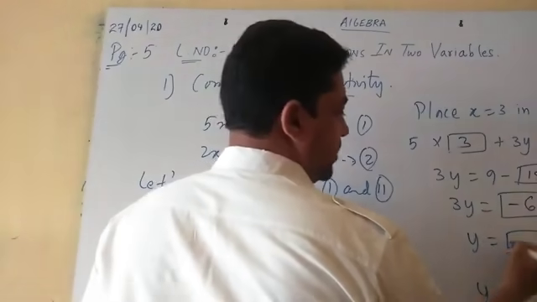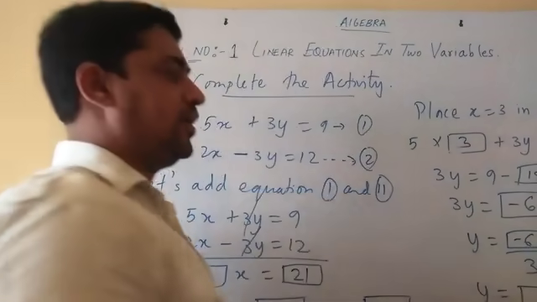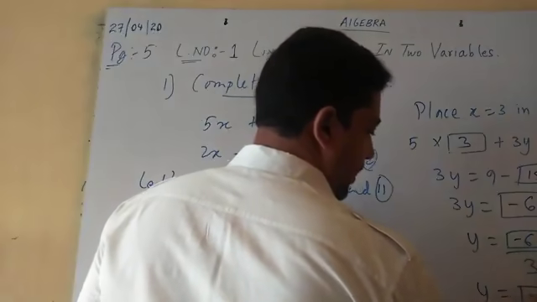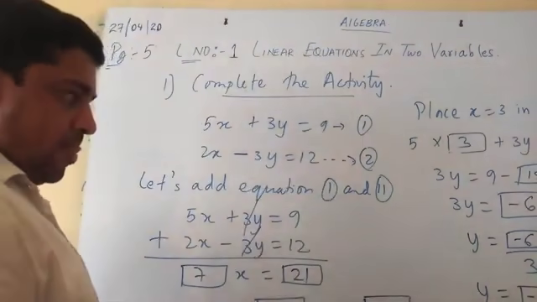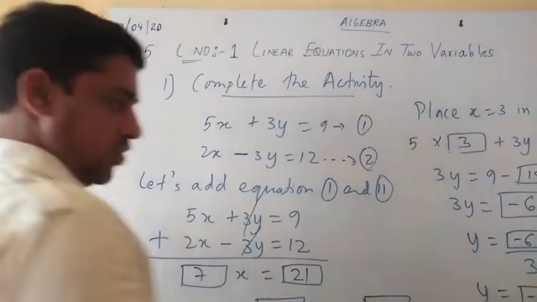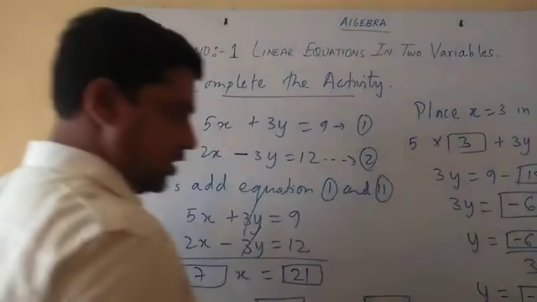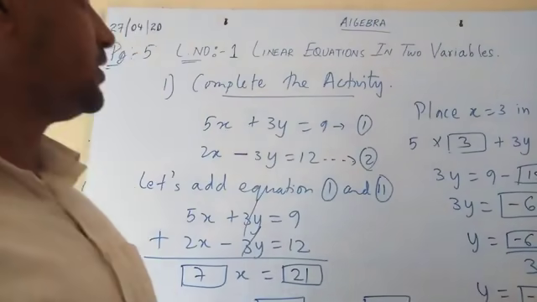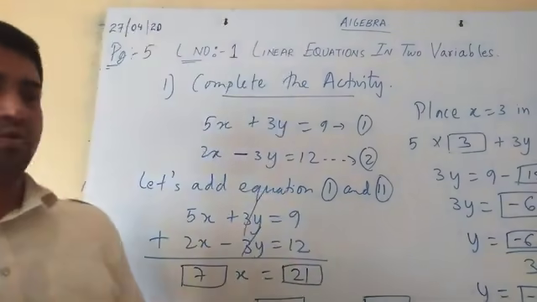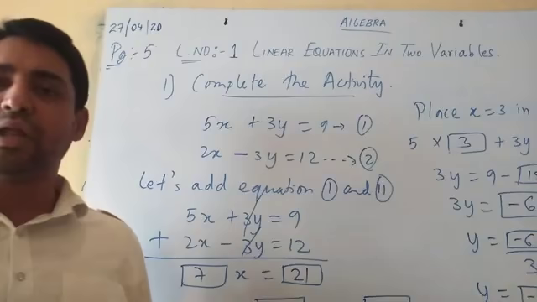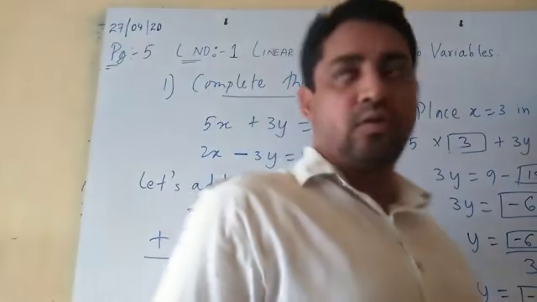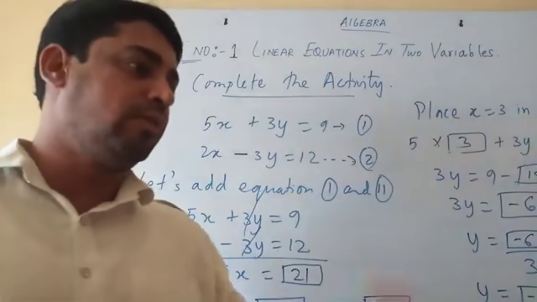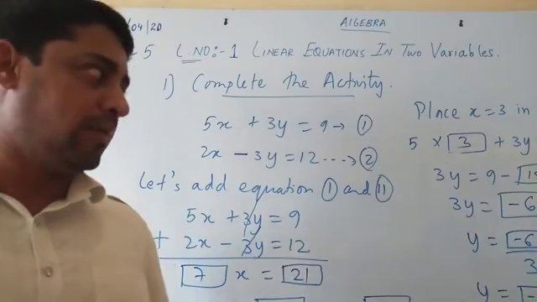So I write the same as y is equal to minus 6 upon 3, which is already printed. Final answer you have to write: 3 1s are 3, 3 2s are 6. So that means the answer is 2 but negative. Is it clear? So y is equal to minus 2. So your solution will be x is equal to 3 and y is equal to minus 2. That's your practice set 1.1. We have completed it. The remaining sums you can take as homework. You can try them later on when the school starts. We'll do it again and revise those sums, so you will understand it much better.